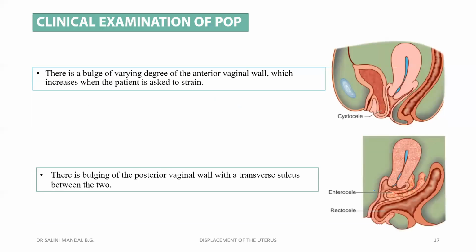Now let's come to the clinical examination of the pelvic organ prolapse. So here we're not only dealing with the uterine prolapse, but also the entire pelvic organ prolapse. Okay. Now let's do a composite examination. What and all we have to do? We have to do an inspection. We have to do a palpation. Okay. Now here, what and all we're going to examine? We're going to examine vaginal, rectal, rectovaginal, or even under anesthesia,